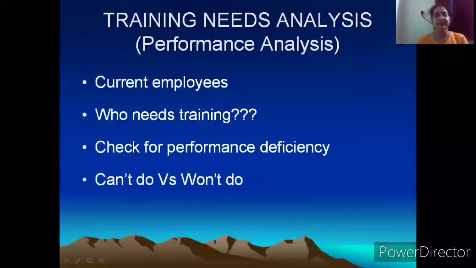On the other hand, there is another thing called the won't do aspect of employee's non-performance. This means the employee is capable, but still the employee is not performing. Motivational reasons could probably be the only reason. There might be other reasons also, such as some kind of stress, some kind of problems they have at their family. It could be something, they might be into drugs. All these things, possibly it is hindering the employee's performance.